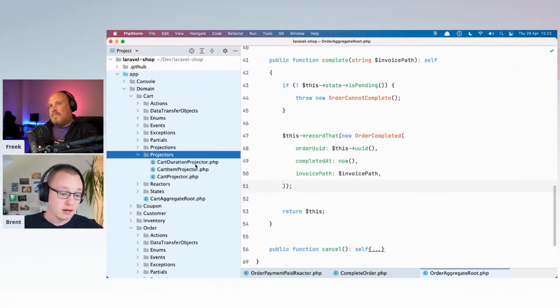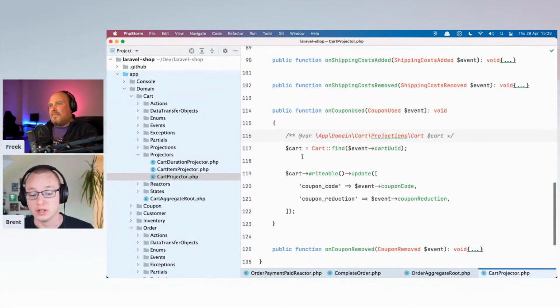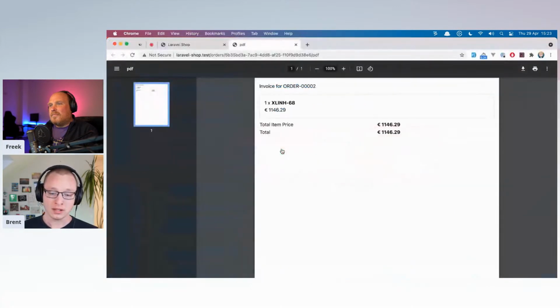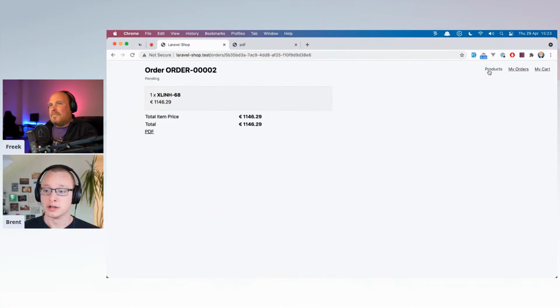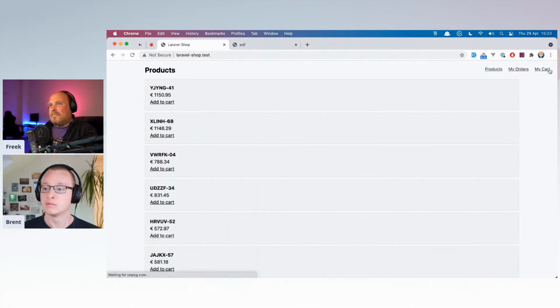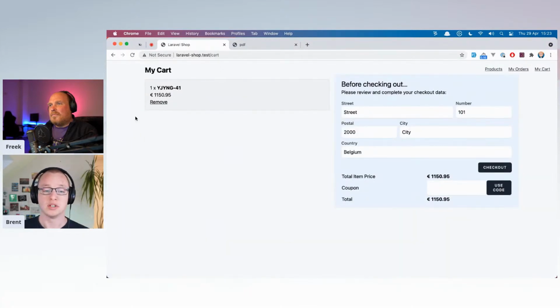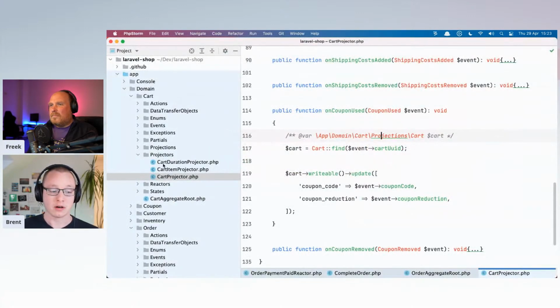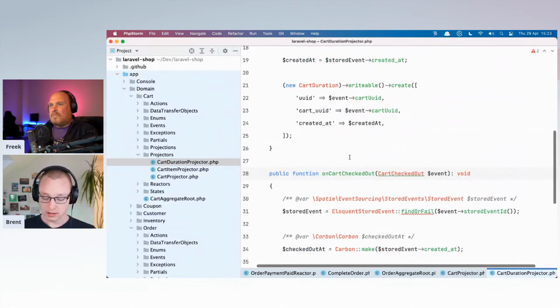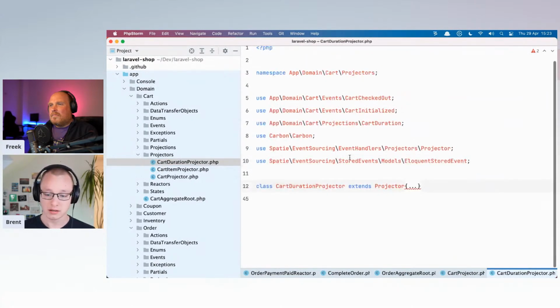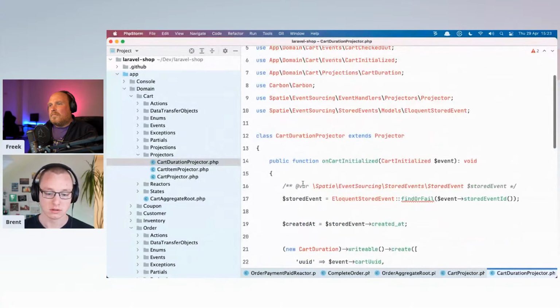What we did here was we have a cart projector, which handles the cart projection that's shown to the user, that makes sure this screen can be shown, right? But meanwhile, we also have a cart duration projector.